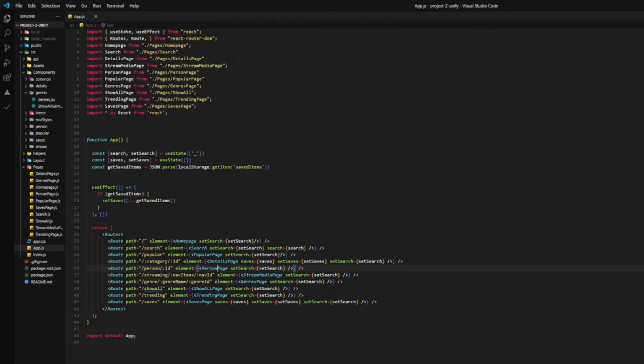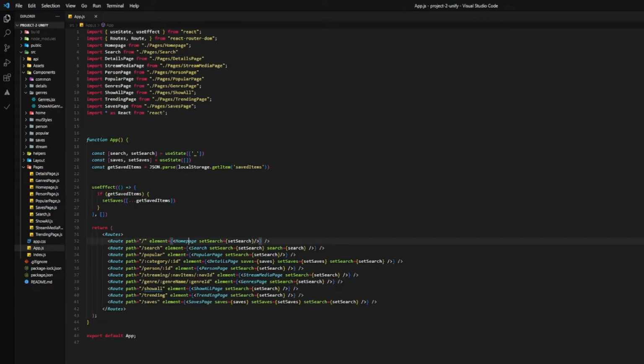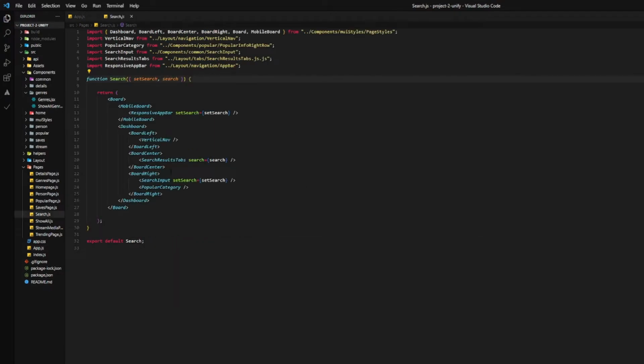Now, this is where I need improvement. This is my first React project, so I think it's fine, but we're going to go to the code right quick. So right here, this is the app portion, and I was able to just put routes in here, and here's the home page that you saw when it first loaded up. That's the first thing you saw, and let's go back. Here's the search page right here that you saw, and you see I have different components and not a lot of code in here. It's just like components,